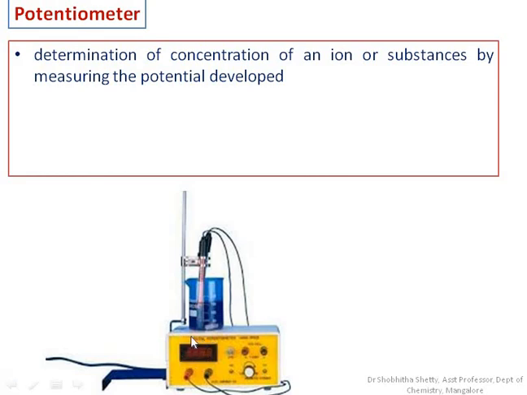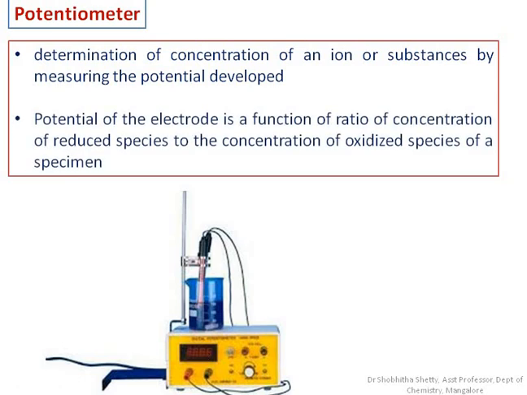The EMF, electromotive force, is displayed here, and mainly how this potential varies during the titration. The potential varies mainly because of the variation in the concentration of the reduced species relative to that of the oxidized species. So during the redox titration, based on how the concentration of reduced species and oxidized species varies, the potential is developed as a function of the electrode. You can see the electrode is set here. Two electrodes we need to use, a reference electrode and an indicator electrode.